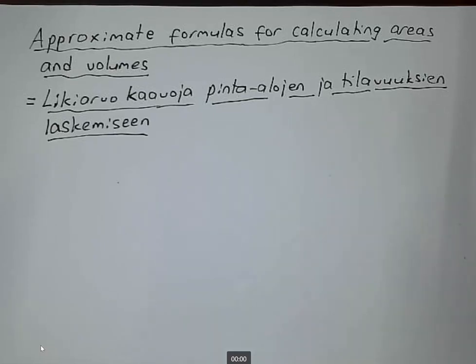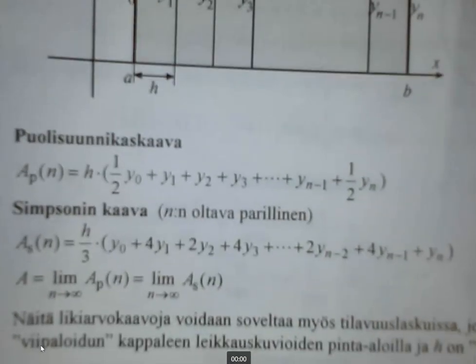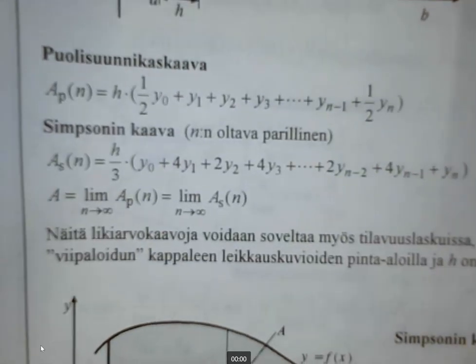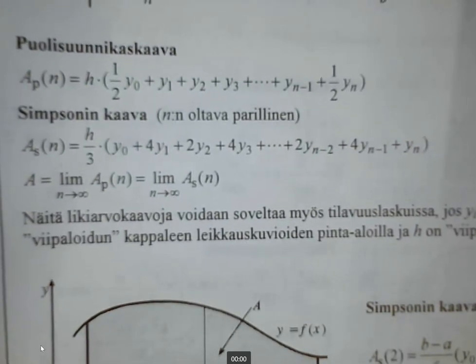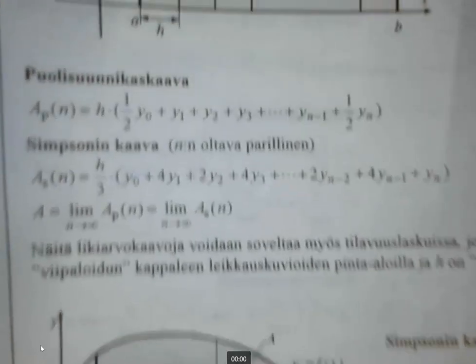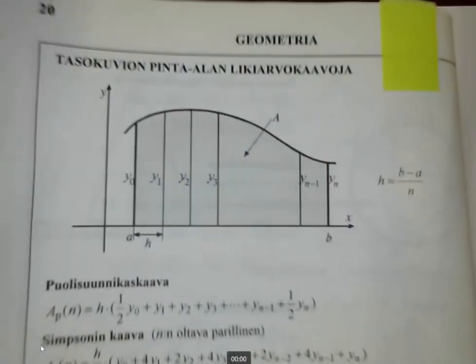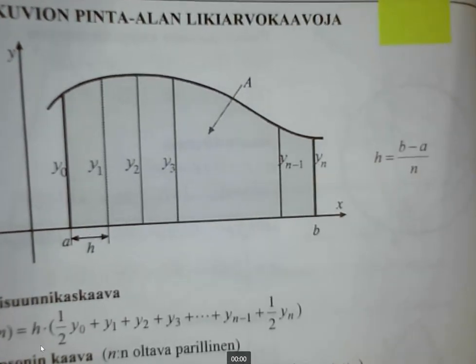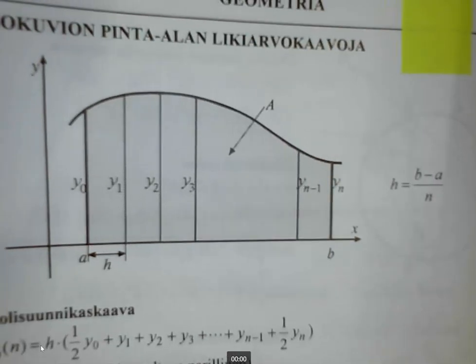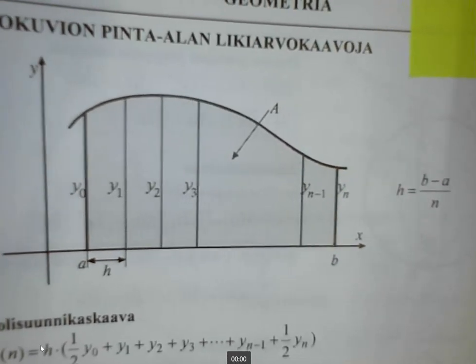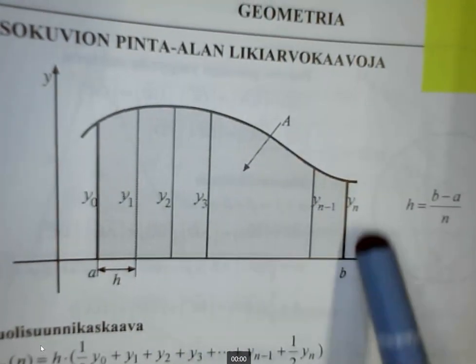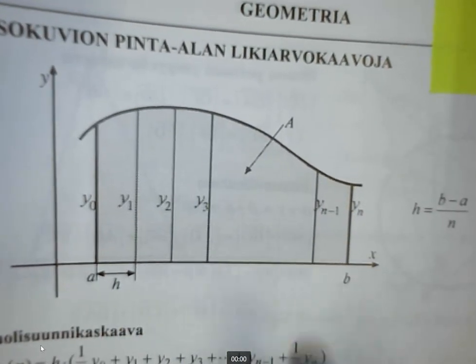And I think the best formula, in my opinion, is the Simpson rule. This is a Finnish formula book, and I will write the formula there in English form. And this picture tells something about what we are going to do. I will take an example immediately so that we get something to calculate. This picture tells that we have to calculate the area of this gray area here,